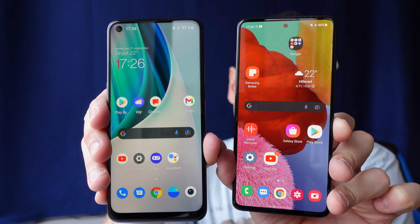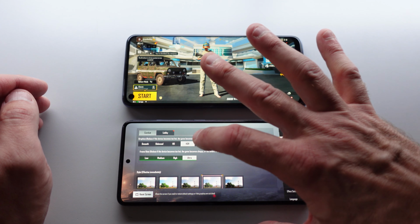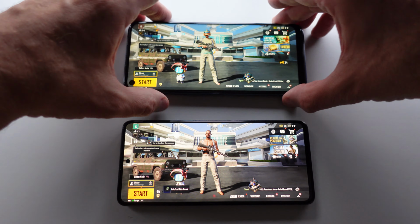The Samsung Galaxy A51 plays PUBG at maximum volume. You're listening to it right now on HDR Ultra. That's where it maxes out. But that's very fine because of the great GPU inside this device. And as a comparison,